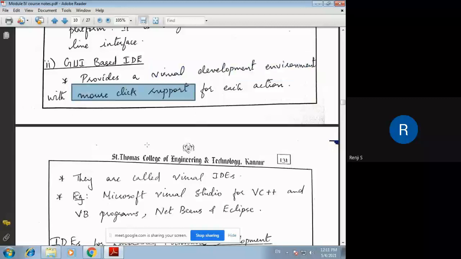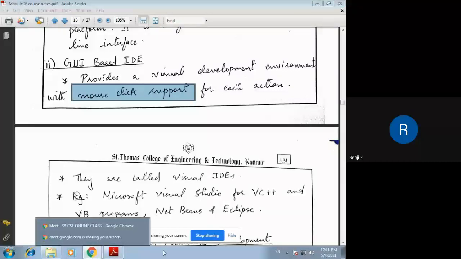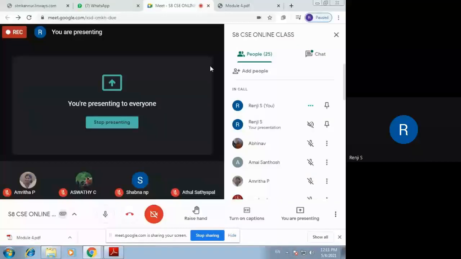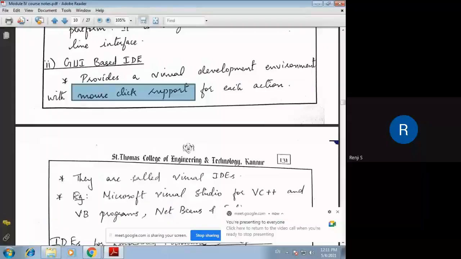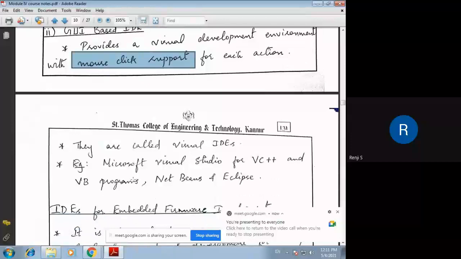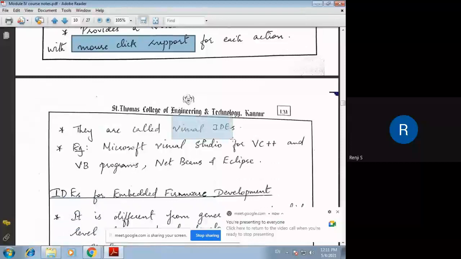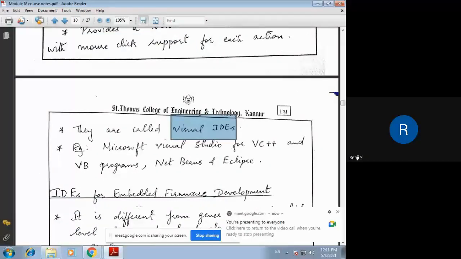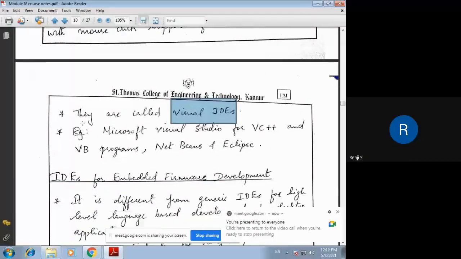Using your mouse, you can drag and drop tools into your environment, and after typing in the code, you can use your mouse to run the program, debug the program, etc. GUI based IDEs use mouse click support for each action, and they are called visual IDEs.